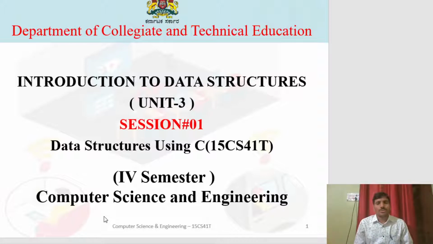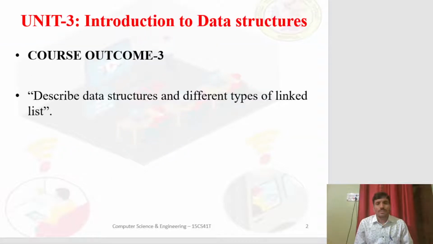In the last two units, that is pointers and dynamic memory allocation, and files, we discussed pointer concepts and file management, how to handle files, and the associated programs. Now we will discuss the third unit, Introduction to Data Structures.